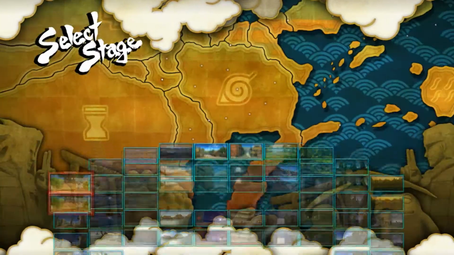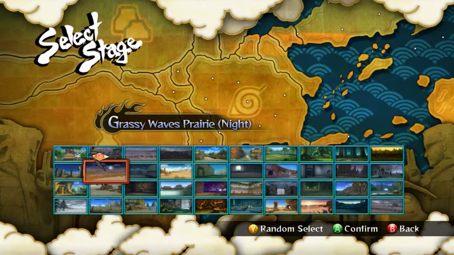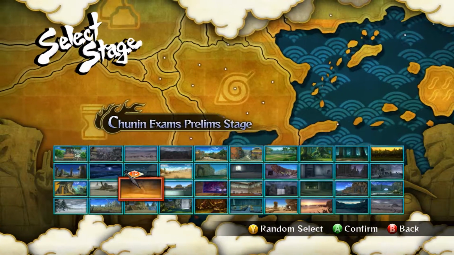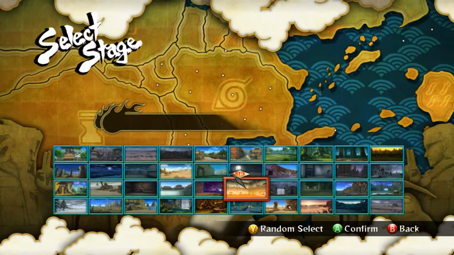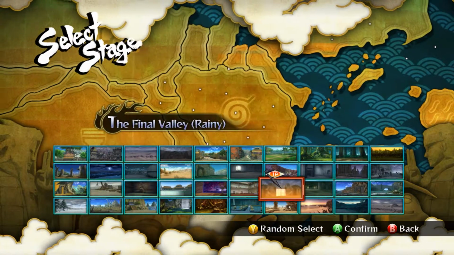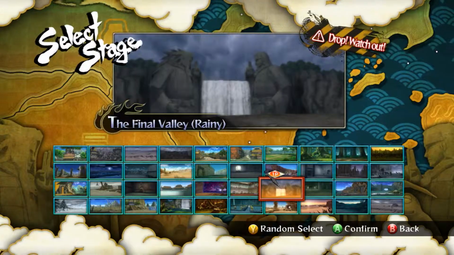Alright, here we go. There are actually lots of stages to fight in as well. So, holy crap, there's a bunch. We can even do the prelims of the Chunin exams. You can go to the end here. Let's see. Let's go to... Oh, yeah. Gotta love those. There's a drop in here, but...